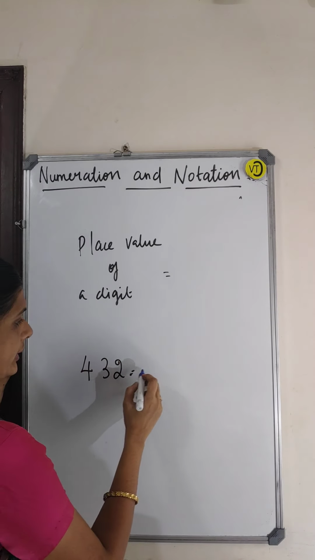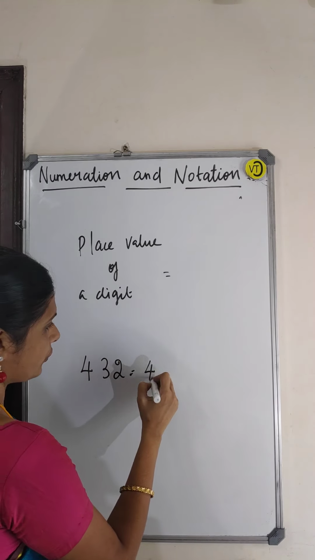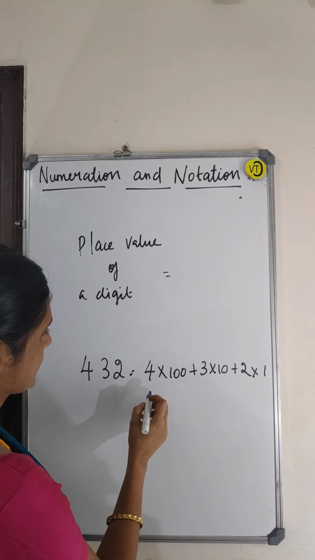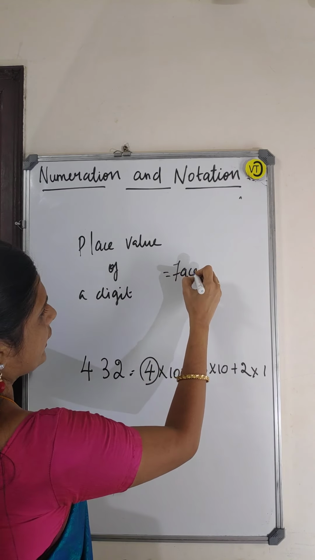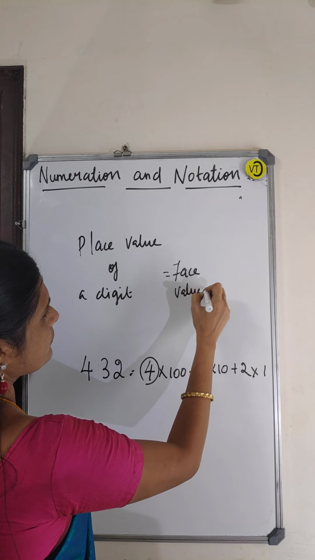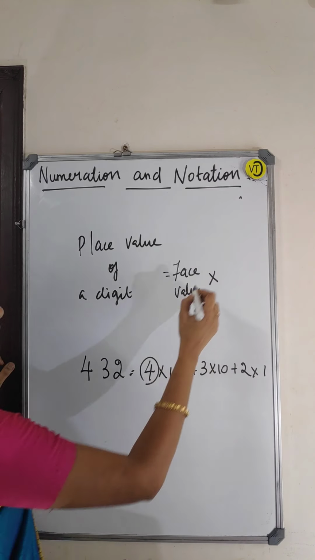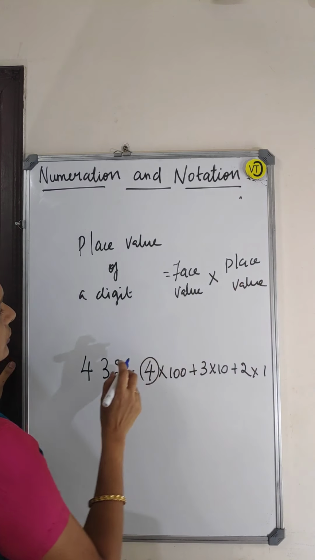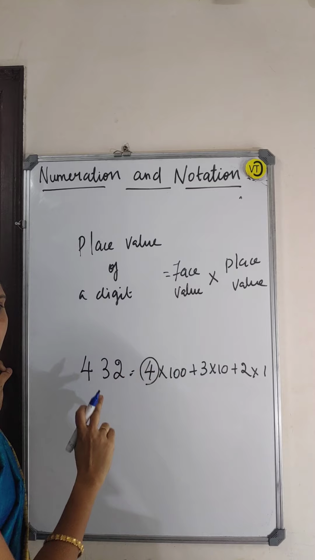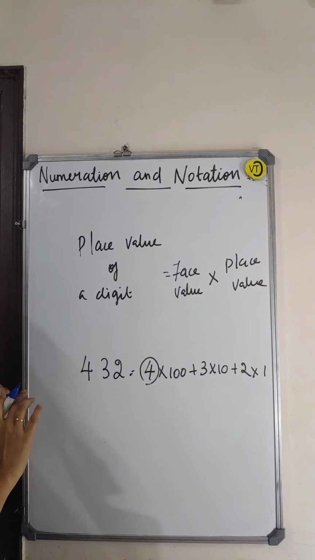The same example, 432: 4 into 100 plus 3 into 10 plus 2 into 1. This 4 is the face value. Face value into place value